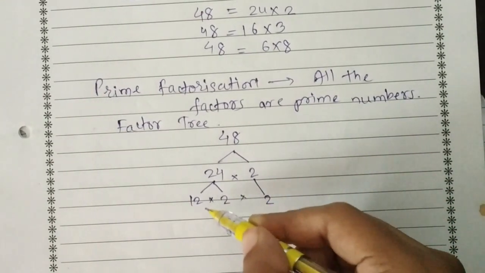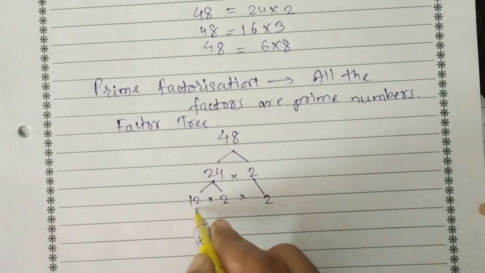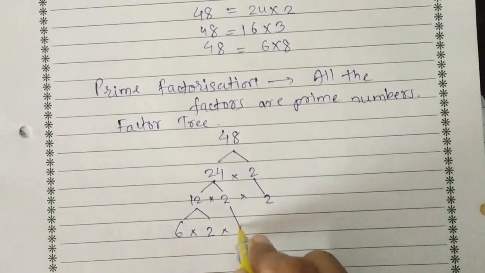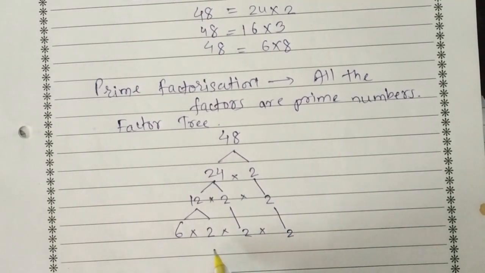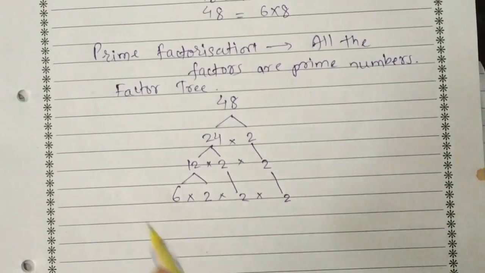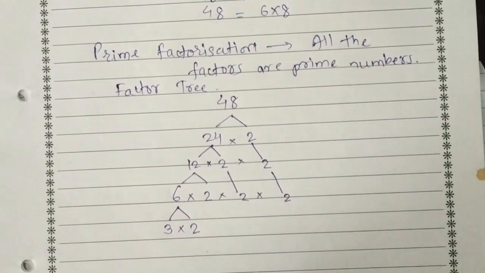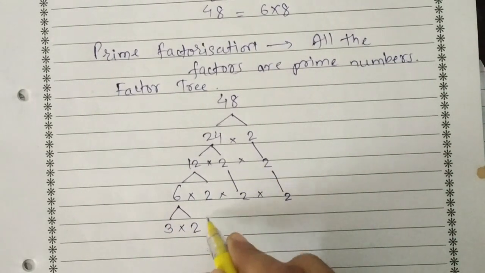My aim is to split this 12 in terms of the prime numbers. So this 12 again you can write as 6 twos, and this 2 I will take downside. Now 2 and 3 are prime and 6 is composite. So again I will split the 6. So 6 I can write as 3 twos or 2 threes. Children, do not worry about the order of multiplication. Multiplication is commutative. 3 twos or 2 threes will be the same.